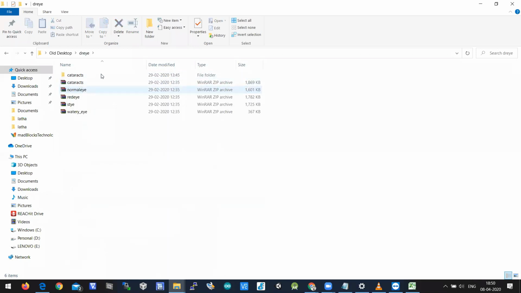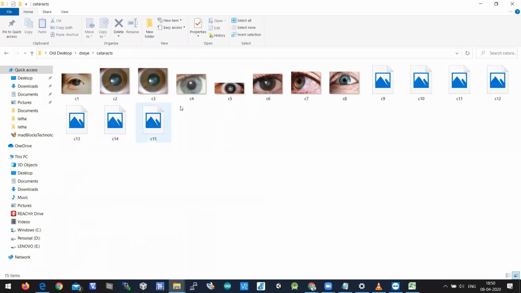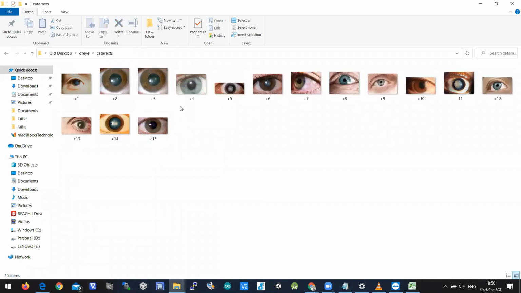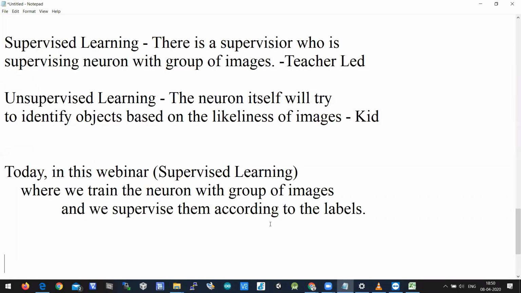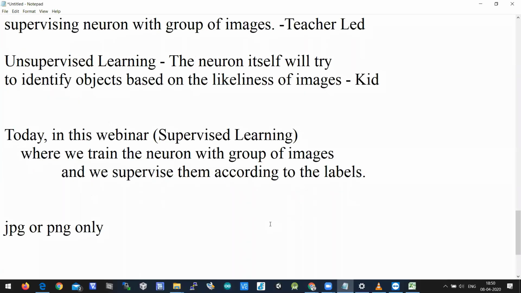Okay, the data set is there. A data set means a group of images. The most important criterion is that the images should be either JPG or PNG only.